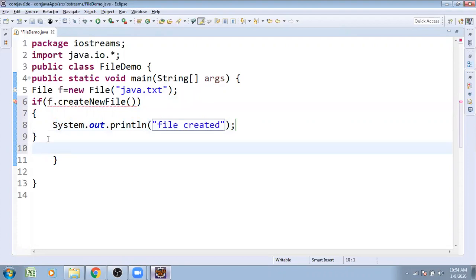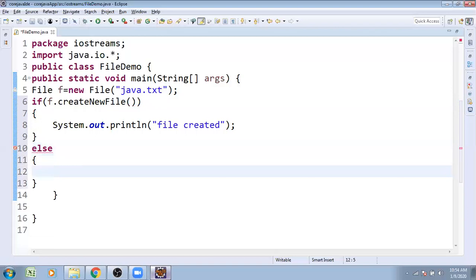You wanted to create that file with the name java.txt, but somebody already created it. What I wanted to do, else: show the message, file is already available.